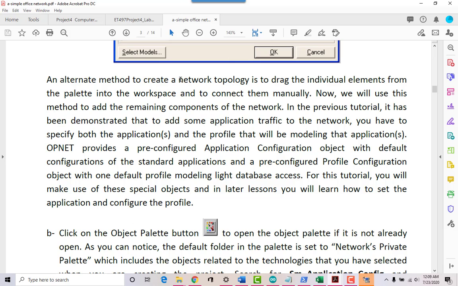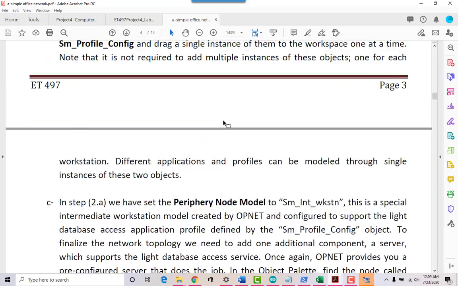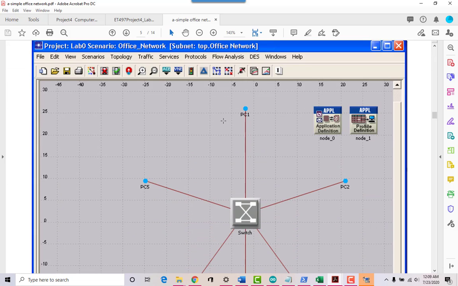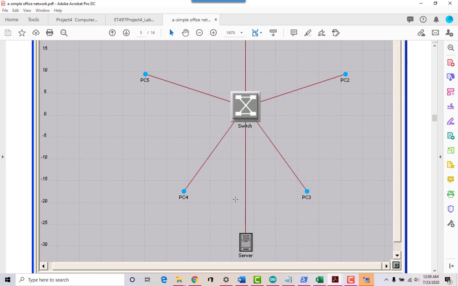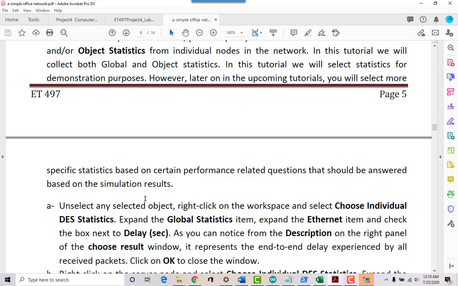You'll create your network topology by dragging elements into your canvas. Once this is your canvas, you'll be able to drag and drop items into here, change the properties of each node that you connect on your network, and then you'll run some simulations and statistics, and you'll collect that data.